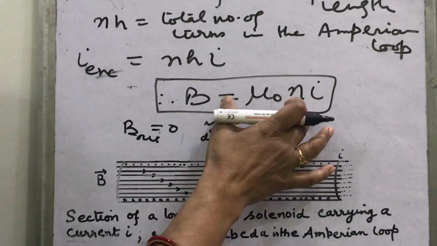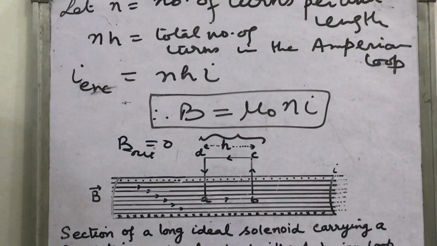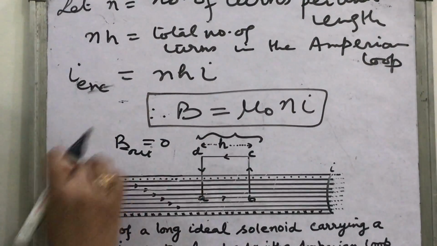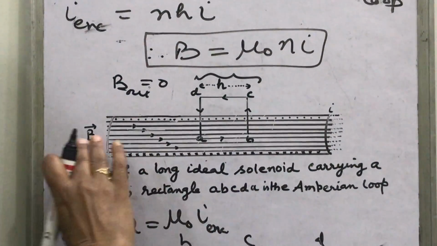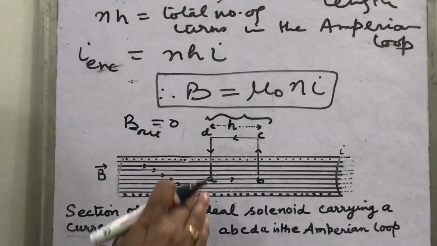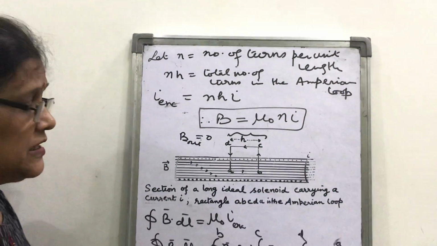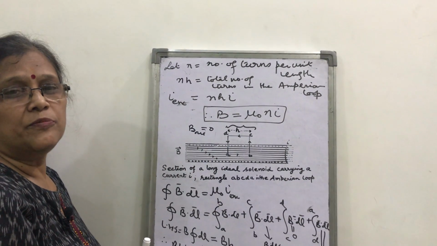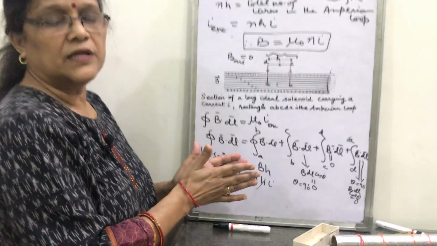We see that this expression is free from the length and diameter of the solenoid in the ideal case. And where is this magnetic field? Inside the solenoid in the form of parallel lines. This is the ideal magnetic field produced by the solenoid, and it is just like the electric field produced by a parallel plate capacitor in between its plates.